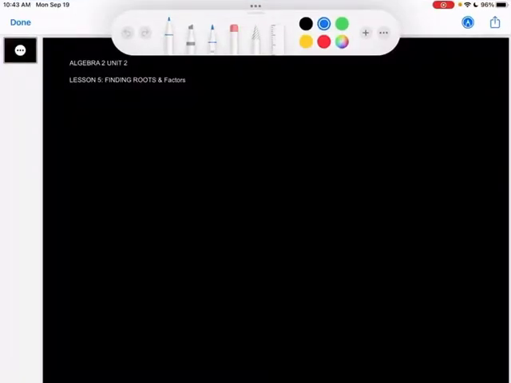This is Carrie Rhinehart. Today I'm going to be looking at finding roots and factors. This is from Algebra 2, Unit 2, Lesson 5, if you're following along in the text. So I'm going to show you how to find these, and first we're going to start with what are roots